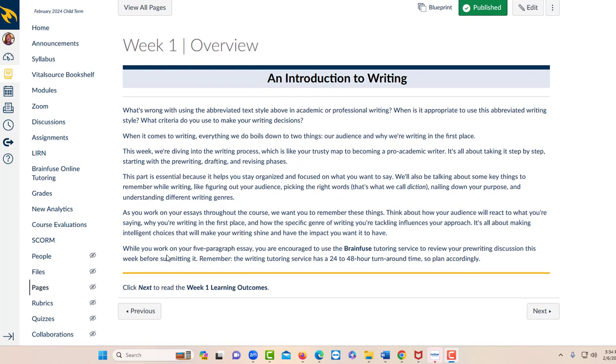As you work on your essays throughout the course, we want you to remember these things. Think about how your audience will react to what you're saying, why you're writing in the first place, and how the specific genre of writing you're tackling influences your approach. It's all about making intelligent choices that will make your writing shine and have the impact you want it to have. When you work on your 5-paragraph essay, you are encouraged to use the Brain Fuse tutoring service to review